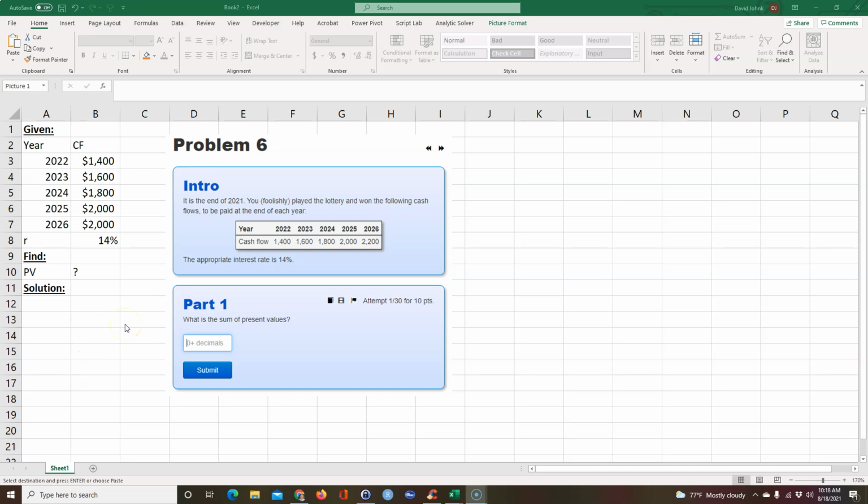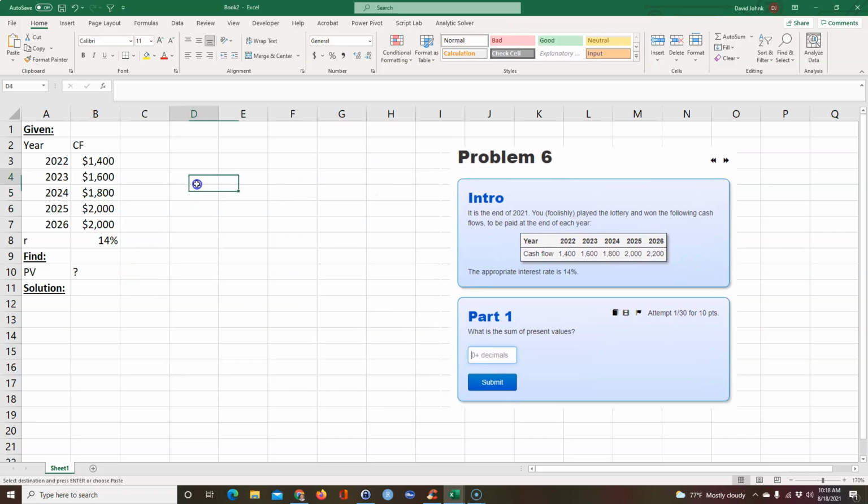Okay, I had a question on how to solve this problem. It is kind of an interesting problem. You have to be very careful with the timing of your cash flows in order to understand what's going on. Normally when you have to be careful of your timing of cash flows, it's a good idea to draw a cash flow diagram. So it says it's the end of 2021,